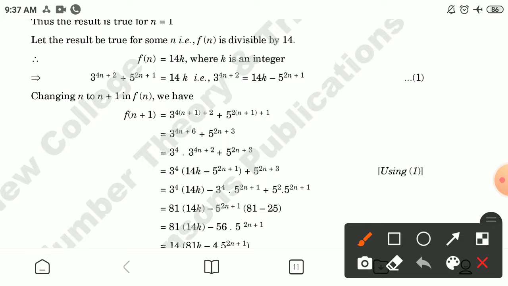Let the result be true for some n, that is fn is divisible by 14. Therefore fn can be written as multiple of 14, that is 14k, where k is any integer. This implies 3 raised to power 4n plus 2 plus 5 raised to power 2n plus 1 is equal to 14k. That is 3 raised to power 4n plus 2 is equal to 14k minus 5 raised to power 2n plus 1, marking this as number 1. Changing n to n plus 1 in fn, we have fn plus 1 is equal to 3 raised to power 4 into n plus 1 plus 2 plus 5 raised to power 2 n plus 1 plus 1, simplifying and using 1 here,